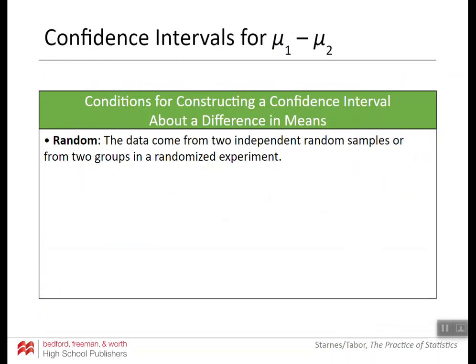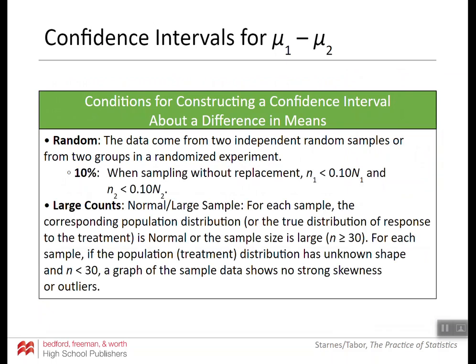So, first we're going to look at confidence intervals. If you're constructing confidence intervals about a difference in means, we have the same conditions that we have had in the past for means. First, the random condition. The data has to come from two independent random samples or from two groups in a randomized experiment. Then, the 10% condition when sampling without replacement. And then the large counts condition,